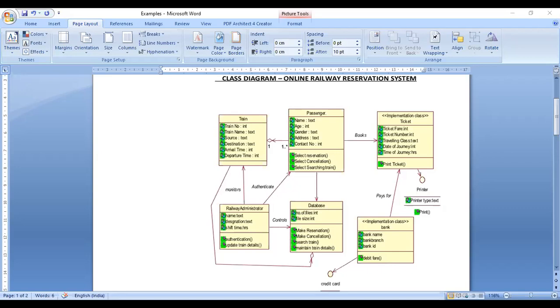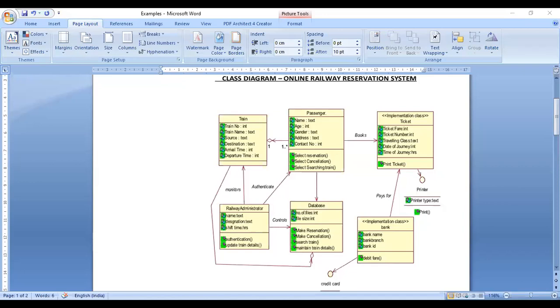And this is the last view, the allocation view. The allocation view describes the mapping of software units to elements of an environment in which the software is developed or in which it executes. Actually, which software is suitable for this particular project, and which software is not? These allocation views will show that, whether software features or hardware features.